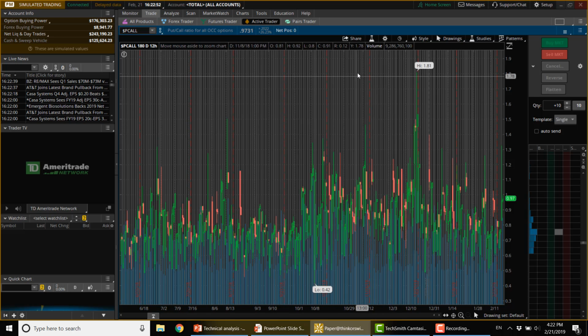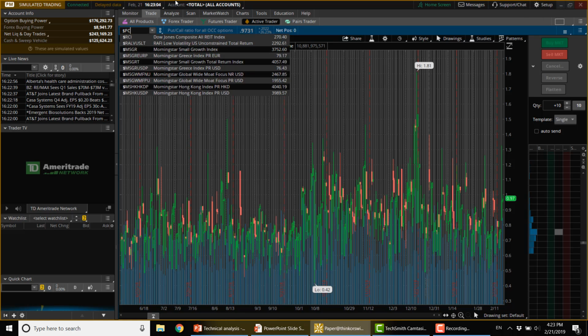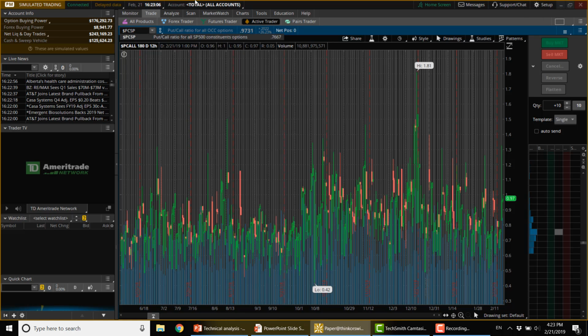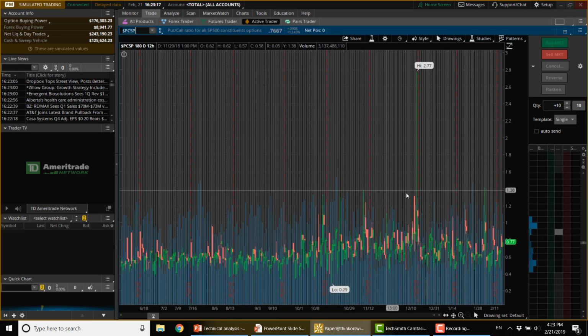All right, the next put call ratio, or function, that we can talk about is $PCSP. And that's going to be the put call ratio for all stocks on the S&P 500. So these are all puts and all calls on S&P 500 stocks. And as you can see, we are, again, slightly below 1, indicating that there's more outstanding calls than puts, except